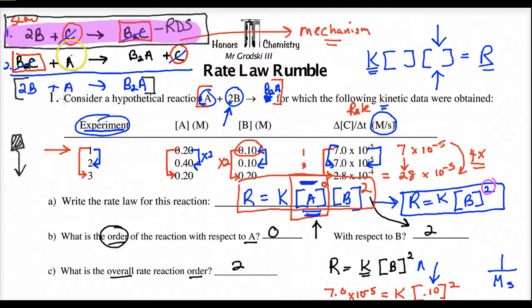So notice, there is no A in the slowest step. That's why there's an A0. And A0 says to me that there is no A in the slowest step. Look at this. There's a 2 in front of the B. Yes? There's a 2 here, which means there's a 2 here. What I'm trying to tell you guys is that the information that this